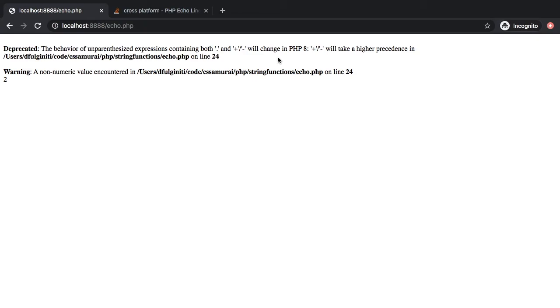So the first one is a deprecation warning saying that if you use an unparenthesized expression containing the concatenation operator and the addition or subtraction operators, in PHP 8, they're going to take higher precedence. So essentially what this is saying is you want to always use parentheses when using a combination of these 3 operators. The second warning is saying a non-numeric value has been encountered, and then we get the output of 2,